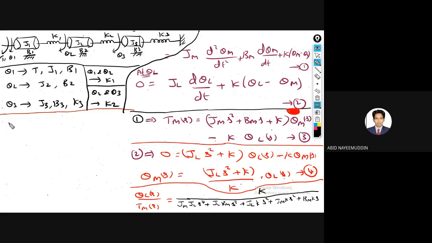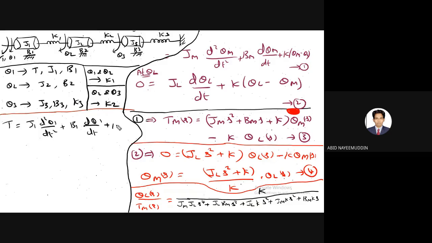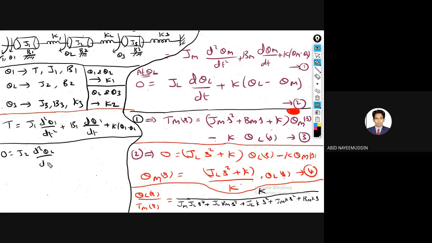So at node theta 1 you will get T is equal to J1 d square theta 1 by dt square plus B1 d theta 1 by dt plus, the common element, K into theta 1 minus theta 2. And the same way at node 2 there is no torque: 0 is equal to J2 d square theta 2 by dt square plus B2 into d theta 2 by dt